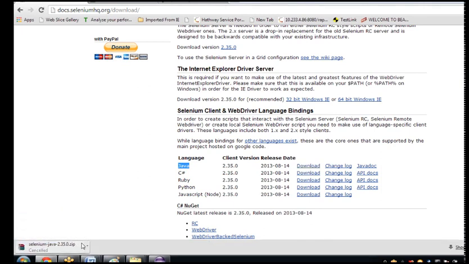When you download, it will automatically get saved. I have it in my machine. It will come in zip format, and you extract it. That's all. This is a jar file, just some 30 MB I think. Download this jar file. Once you download it into your machine, that's all. That's the only thing you need to do.